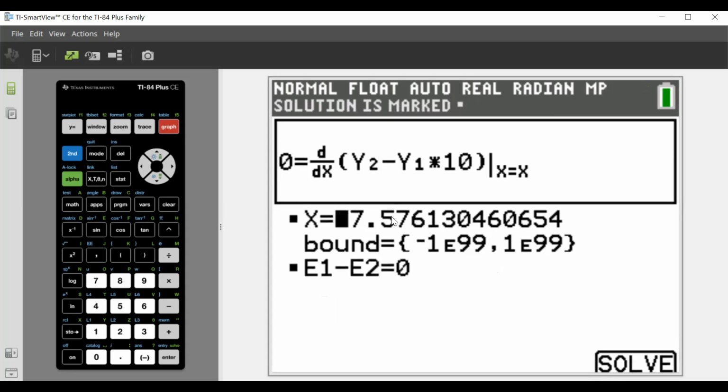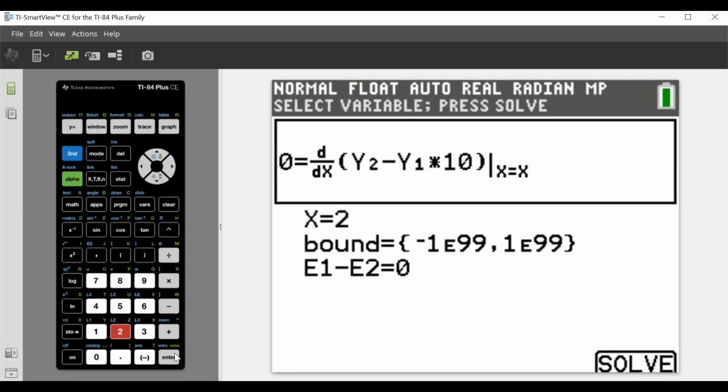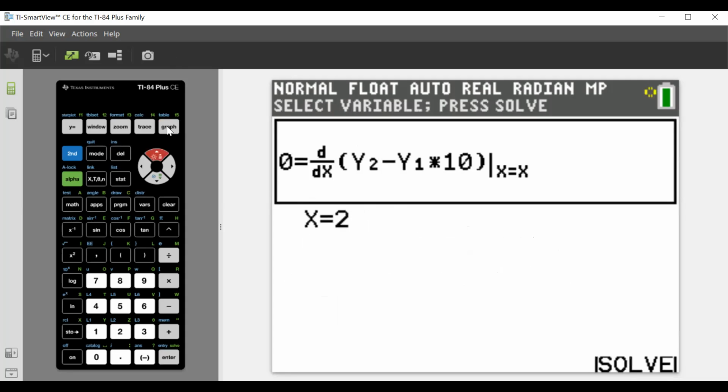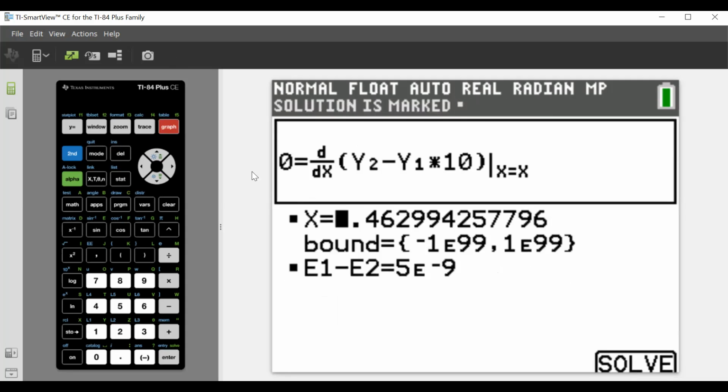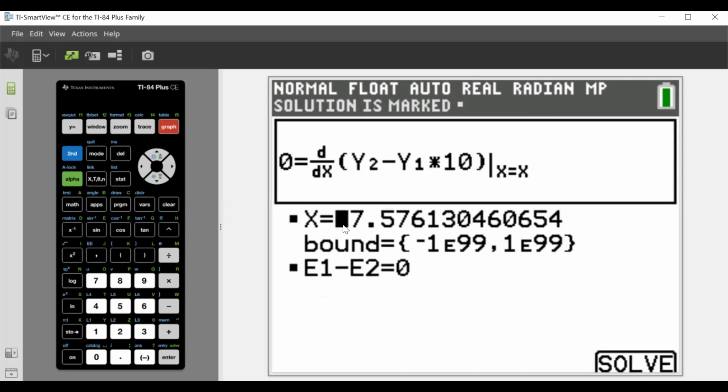All right, 27.576132. And let's see if we put in maybe a 2, what does that give us? Oops, it doesn't give us anything pushing that button. 8.46, but that's not going to be a value that makes sense because that's below our 20. So that one is not going to work. We're going to actually want to use the one closer to 32, which was the